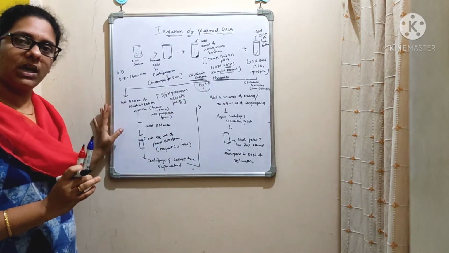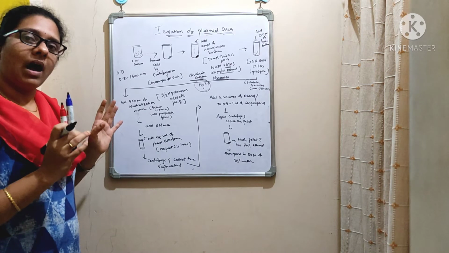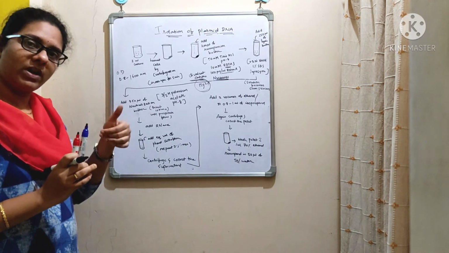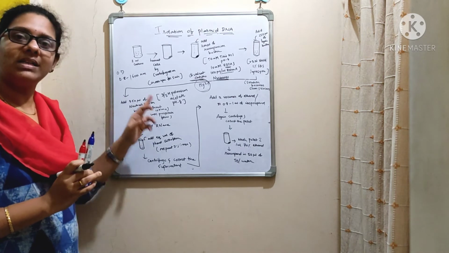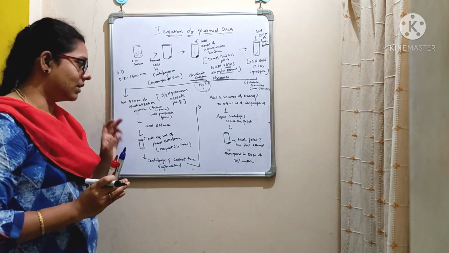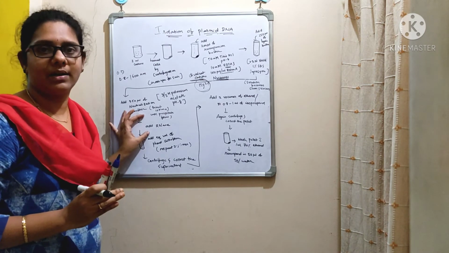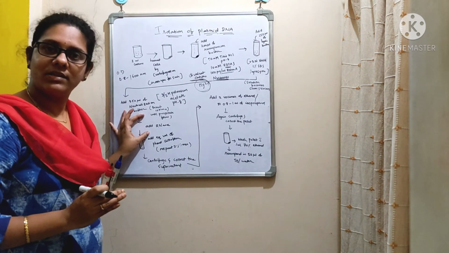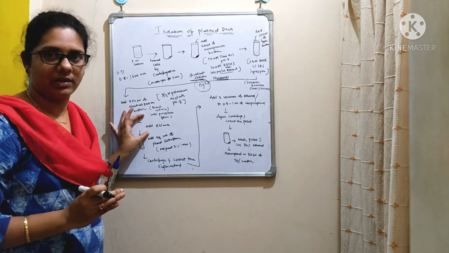But when it comes to the addition of neutralization buffer, after adding it and inverting the tubes, you should observe the formation of a precipitate. And then, to this precipitate solution, we are going to add RNase, and the reason is to degrade the RNA, that is, to remove the contamination of RNA.